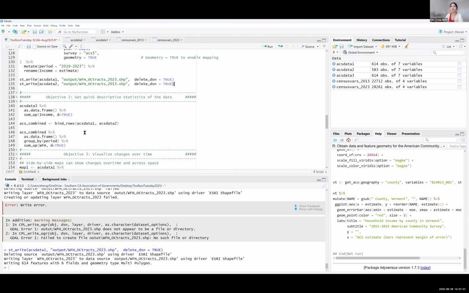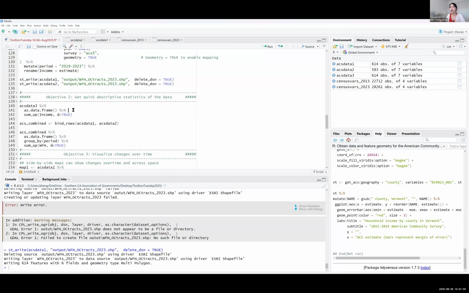Okay, so now objective 2 is to get some descriptive statistics of the data, and it uses a fairly simple function called sumup. So here let's start with the income data we just got. We call the income data, and then next we put this line in just to tell R to treat this as a data frame.